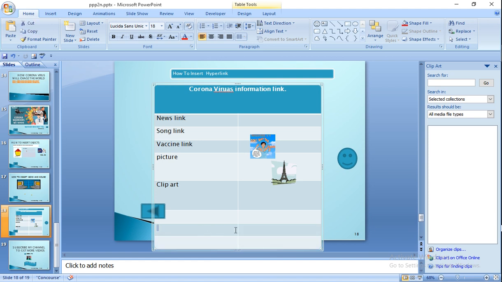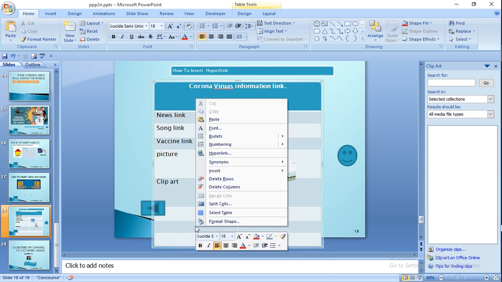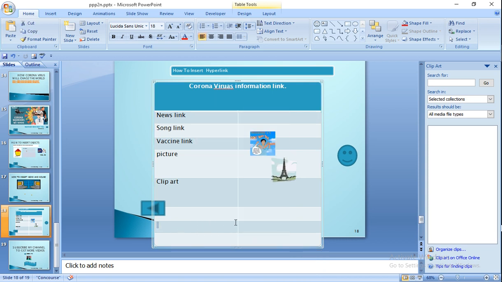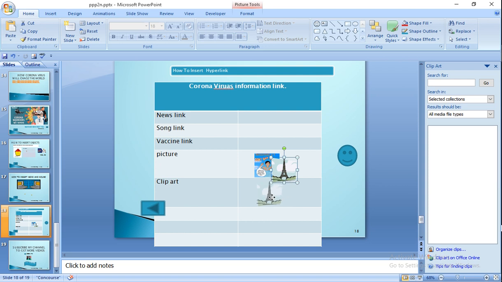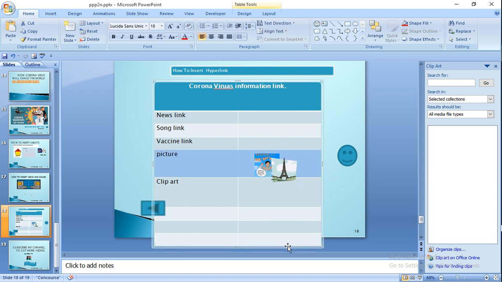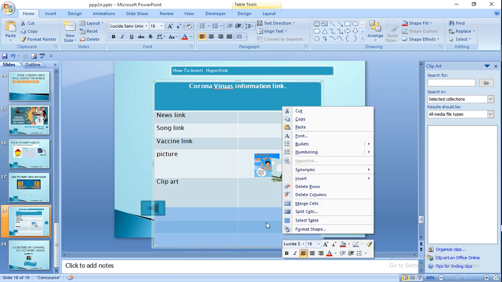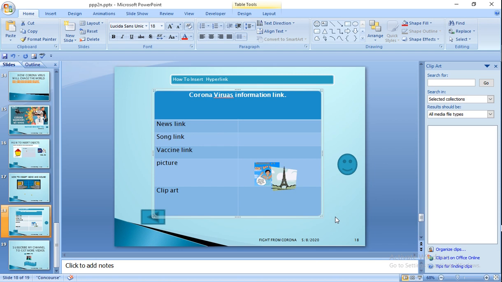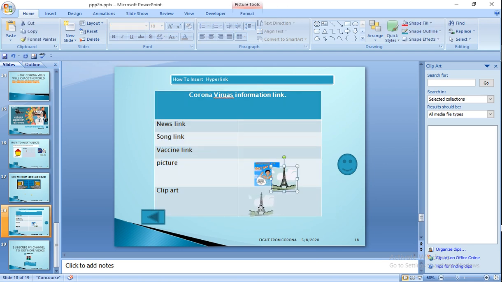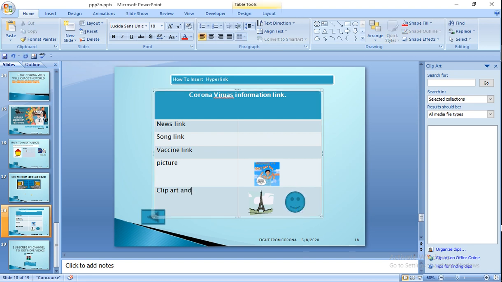Right click. Select rows. Okay. Clip art and shape.